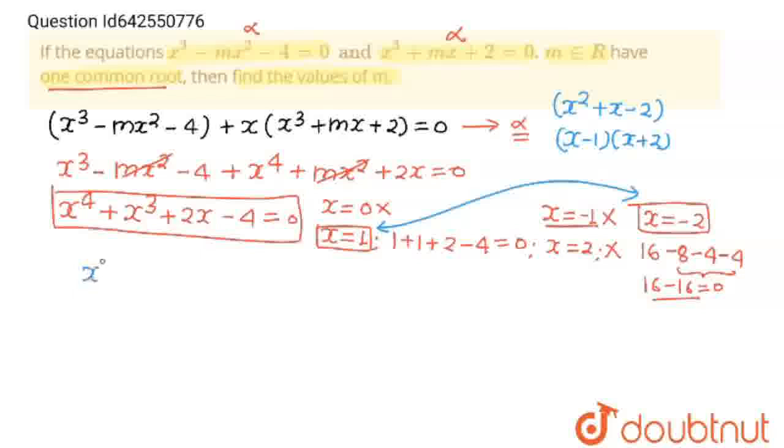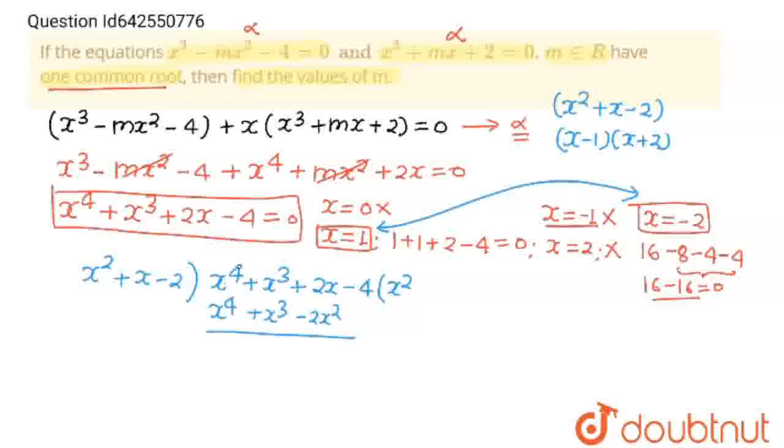See, x square plus x minus 2. x to the power 4 plus x cube plus 2x minus 4. I am going to multiply with x square. This will become x to the power 4 plus x cube minus 2x square. And when I subtract both, this will get cancelled out. And 2x minus 4 minus 2x square. So when I subtract, minus 2x square will become plus 2x square plus 2x